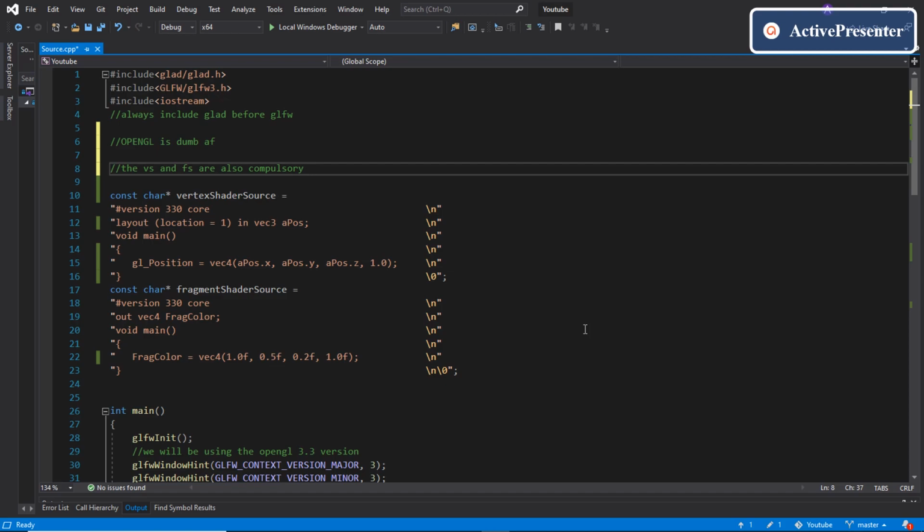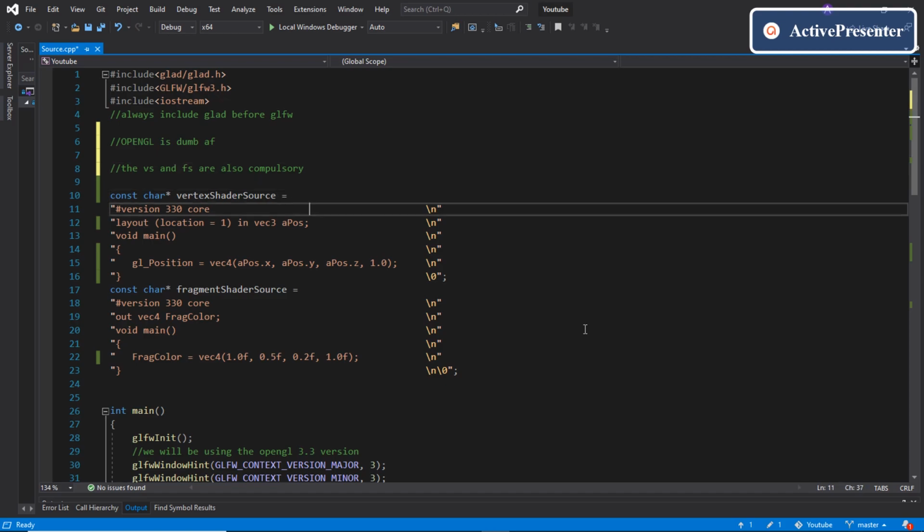Okay, so let's delve a little bit into this GLSL. We'll get a rough idea of what these shaders are doing. And don't worry if you don't understand the GLSL now, because in the next tutorial I'll delve into GLSL in depth. Okay, so let's understand a vertex shader first.